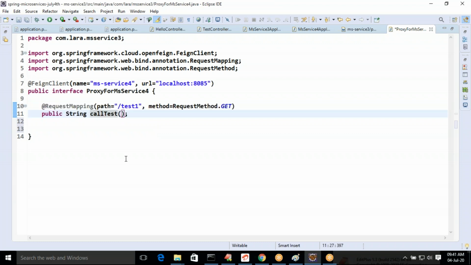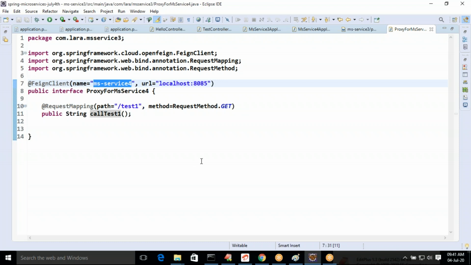You're not defining any API here, only declaring. I'm choosing callTest1 as a method declaration to give a call to the test1 API running at 8085 from this particular application. It's only a proxy.